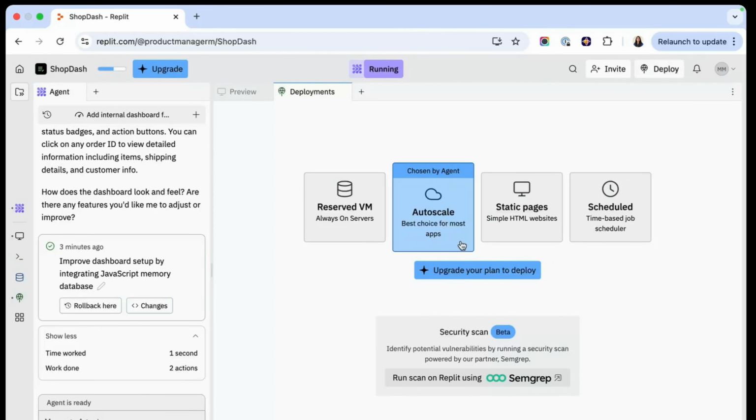In Replit, my experience was completely different when it comes to publishing. I think the deployment experience is geared towards software engineers who know what they're actually doing. But for a product manager like me, I felt the app was way too heavy when it came to publishing the app. The experience is there, it's available for you to publish, but it is not as easy as I would find it in V0.